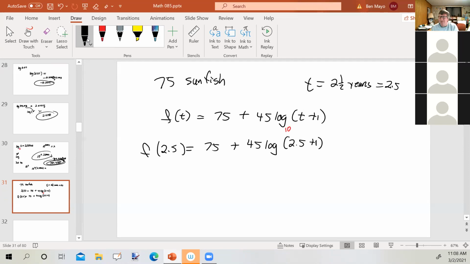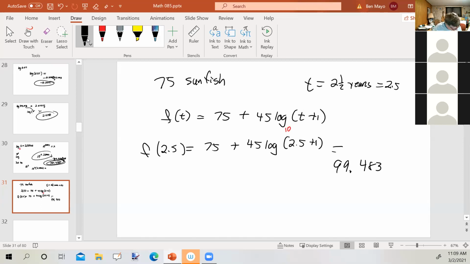Now, I can simplify 2.5 plus 1 and write it as 3.5, or I can just group it with parentheses when I punch it into my calculator if I don't want to bother to simplify it further. I'm not going to bother. So I'm going to go 75 plus 45 log, parentheses, 2.5 plus 1, close parentheses, and I come up with